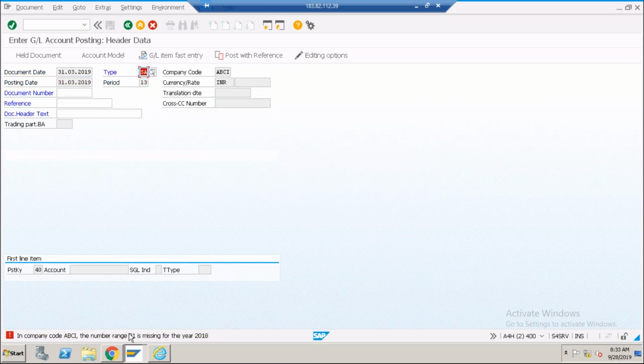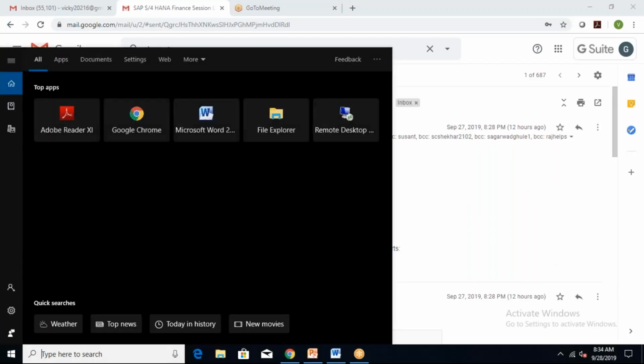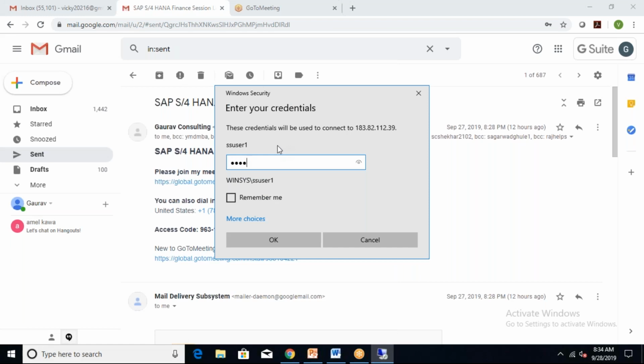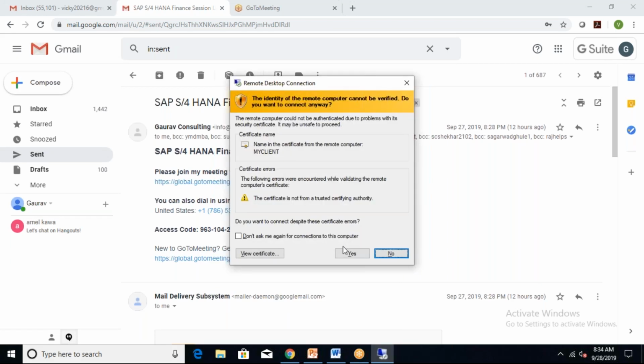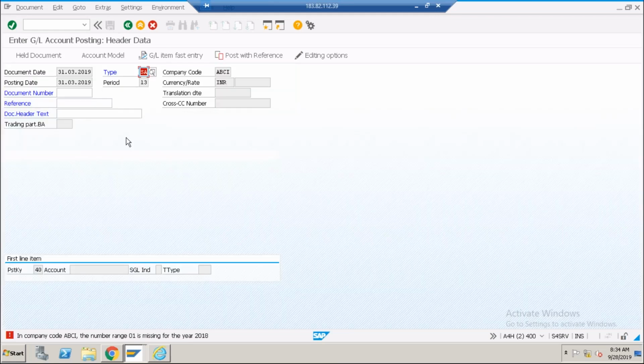Yeah. So now it is checking another error, which means this is... just give me a minute. Okay, so this verification system is performed. So it is allowing me to post in period 13, but it is showing another error which is related to another topic. The system will allow you to post in the 13th, 14th, 15th, 16th periods